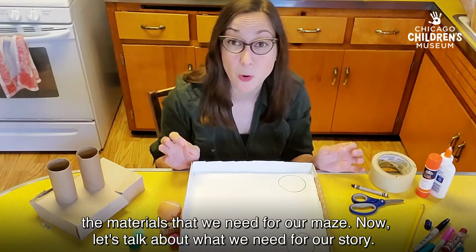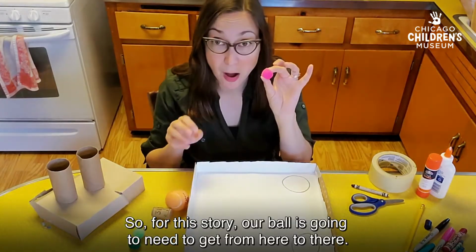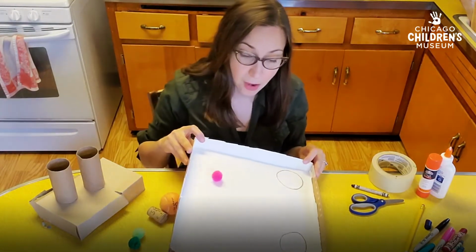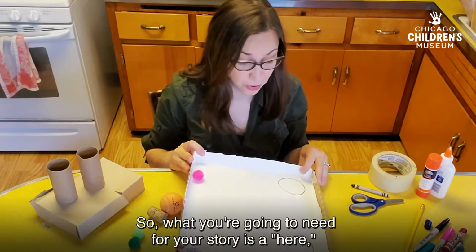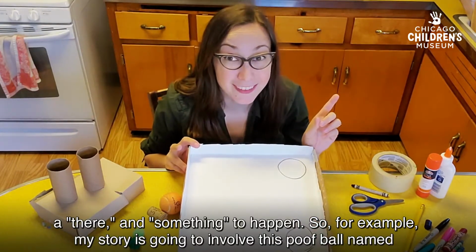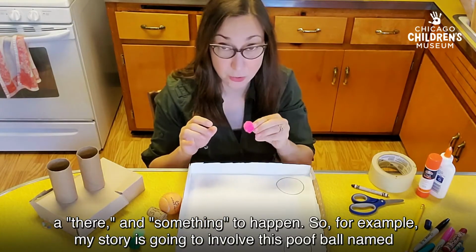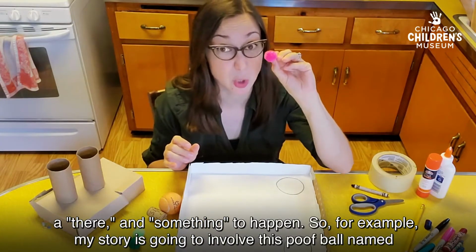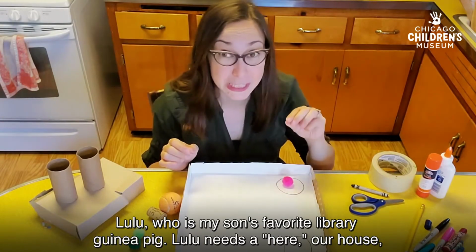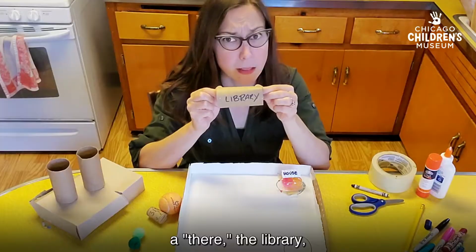Now let's talk about what we need for our story. So for this story, our ball is going to need to get from here to there. So what you're gonna need for your story is a here, a there, and something to happen. So for example, my story is going to involve this poof ball named Lulu, who is my son's favorite library guinea pig. Lulu needs a here, our house, a there, the library,